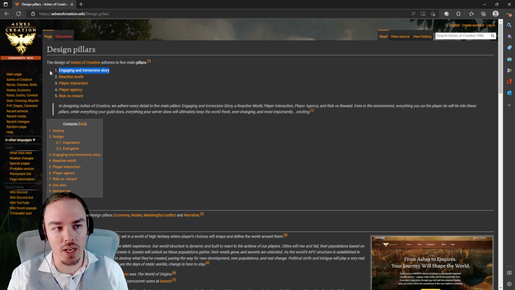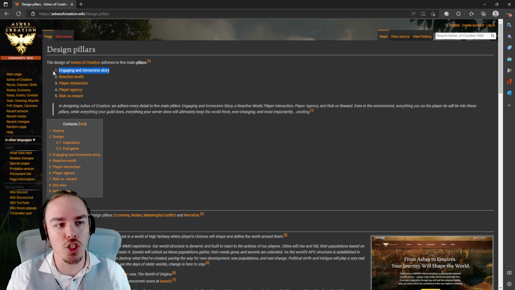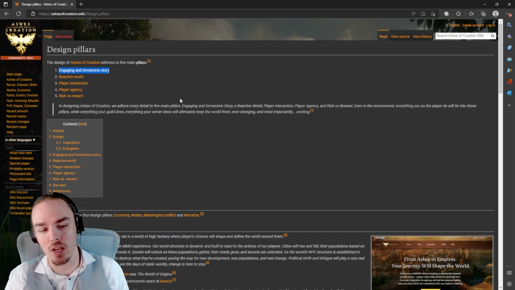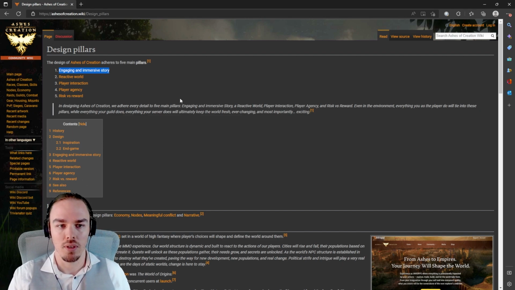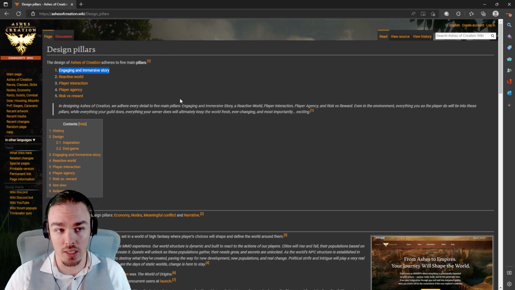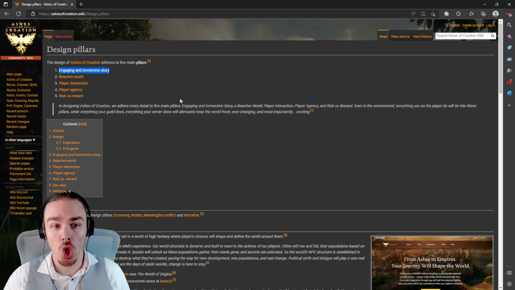But then he uses that as a core design philosophy, let's assume these are not in order, so let's ignore that this is number one, that it's going to be engaging and immersive. And I have never seen anything procedurally generated that can be both engaging and immersive. Engaging and immersive has historically always required something about it to be curated. Something about it has to be governed, or you need to be okay with times where large amounts of it